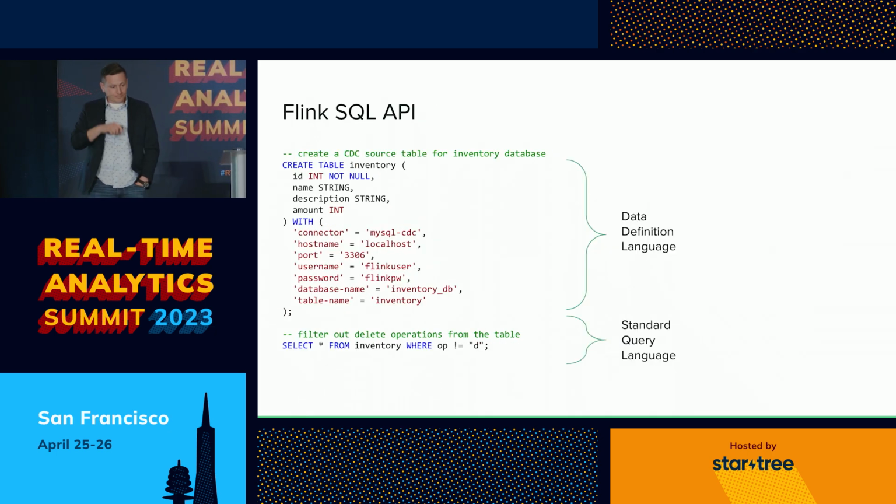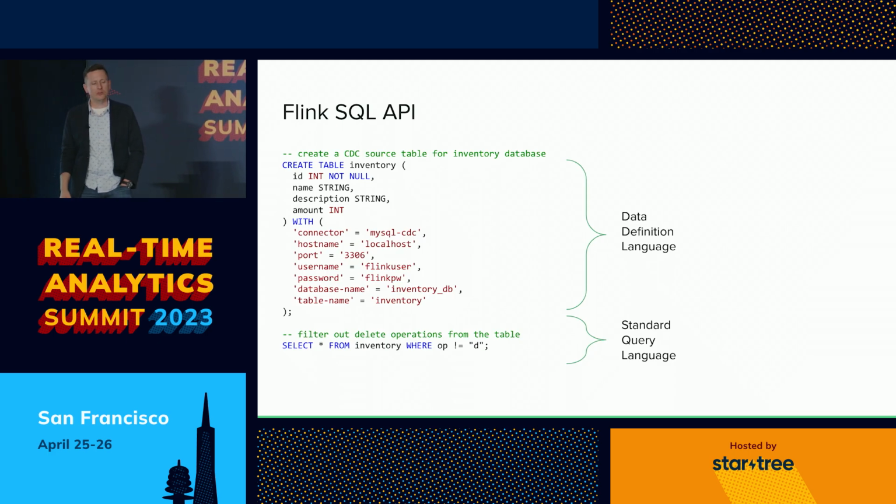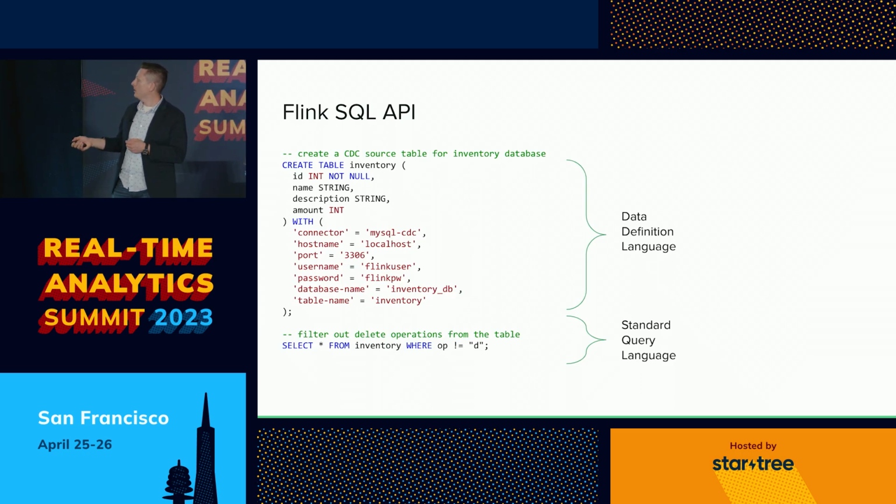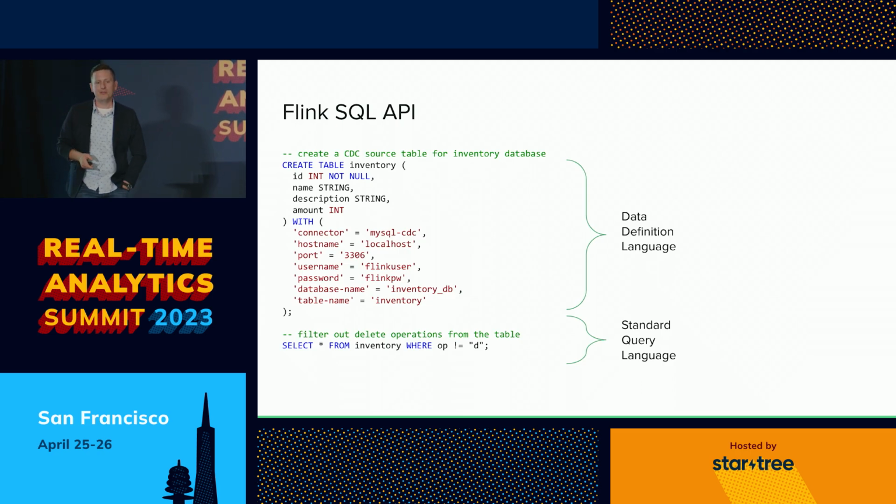All right, so the Flink table API exists to power Flink SQL. So with the Flink SQL API, you can think about it as two different types of statement. Hopefully some of this is familiar to you if you've ever touched SQL. You have data definition language, which defines what a table is, what tables there are, what columns they have. And you see connector in the configuration, right?